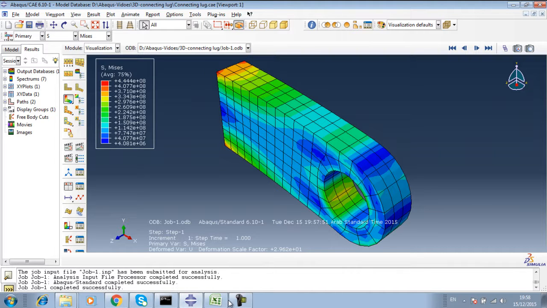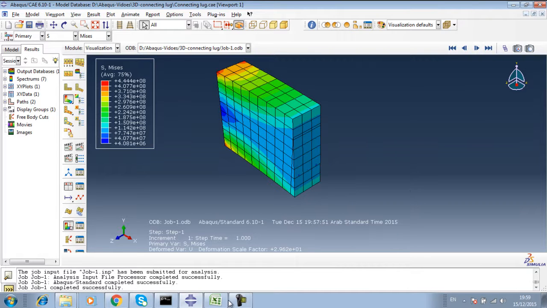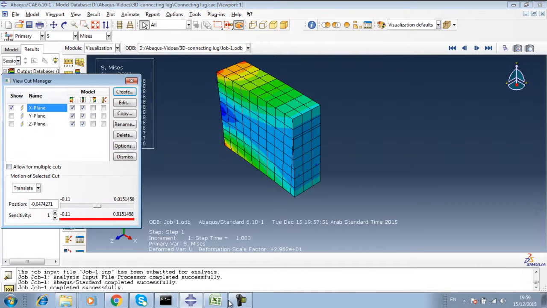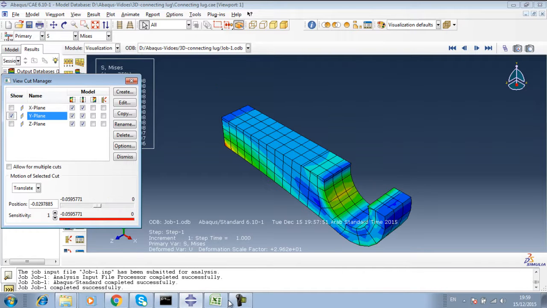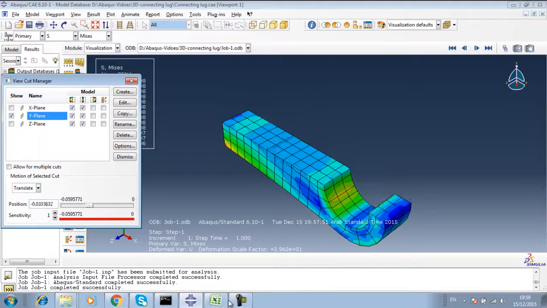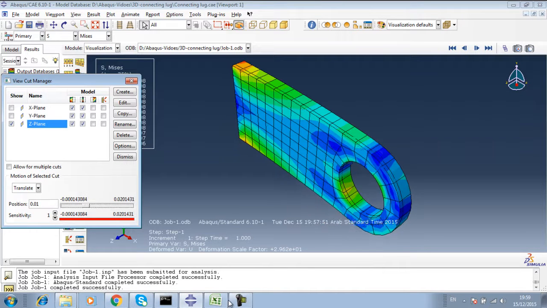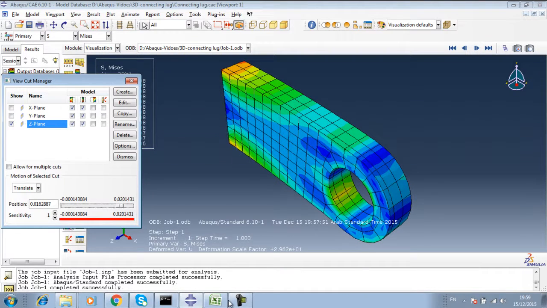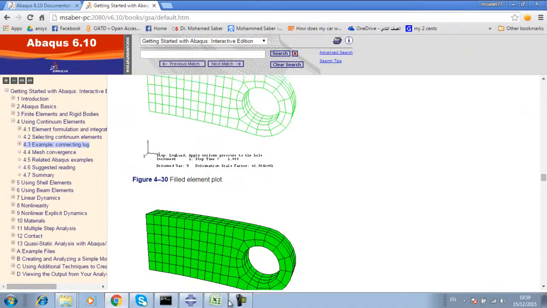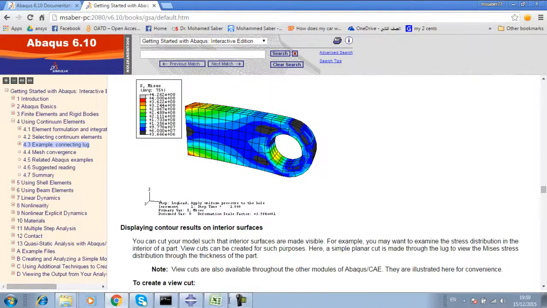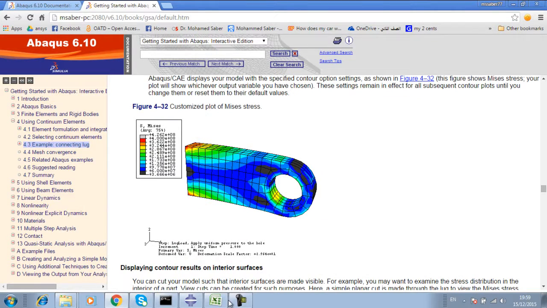One thing we can add is to activate and deactivate view cut, like this one, so we can have X plane, and we can move by this slider here to see the internal stresses, and here's the other side as well, and this one for Z plane. This is the addition given here in the file, which you can check. The maximum volume stress 4.26,